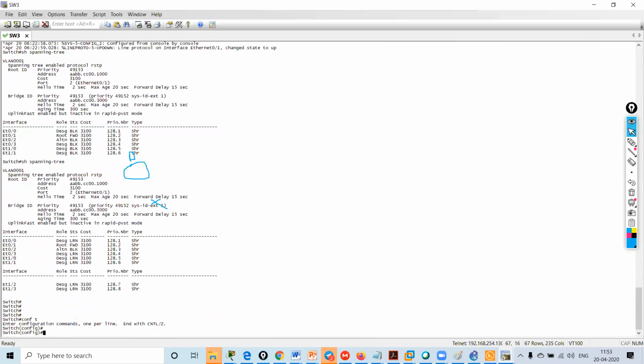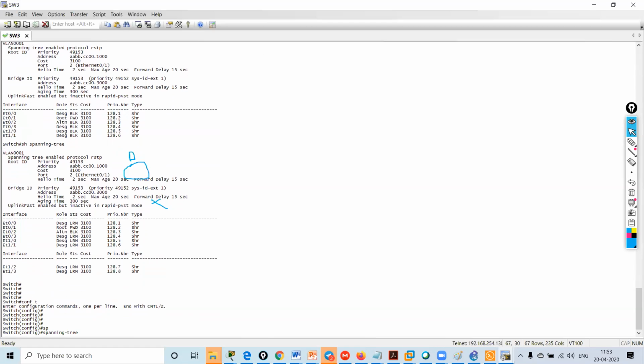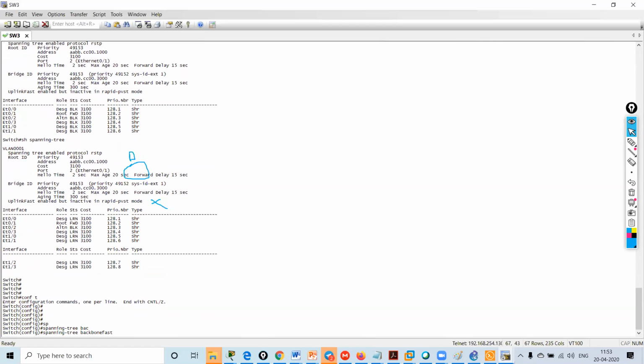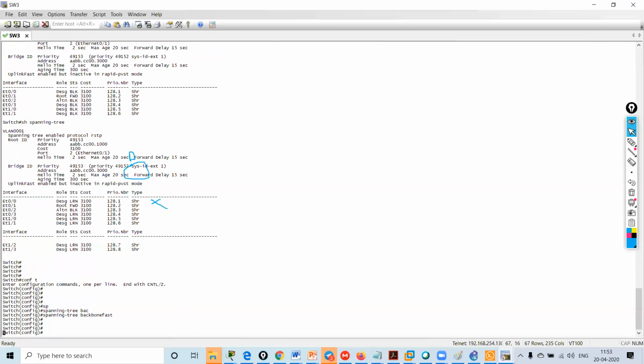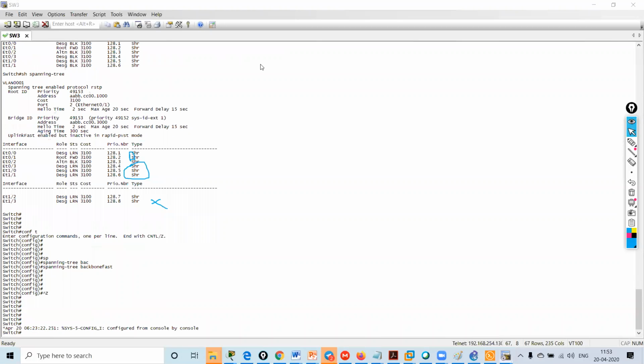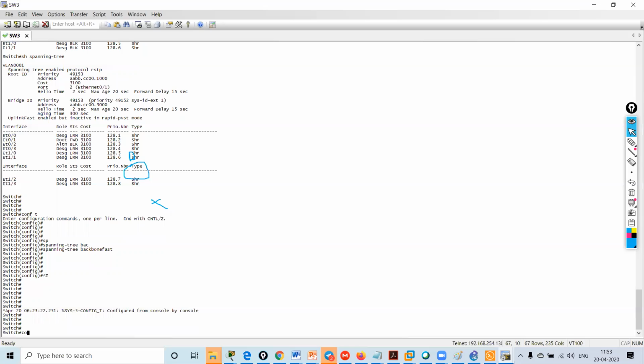So config terminal, spanning tree backbone fast. Once I enable this, I have enabled the backbone fast. Now config terminal,